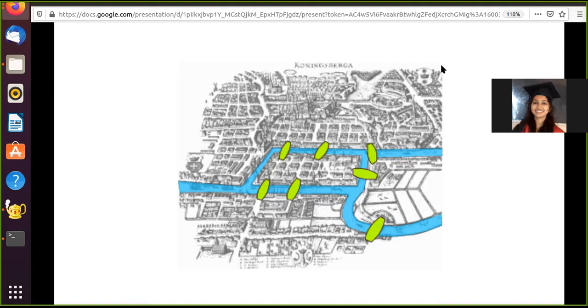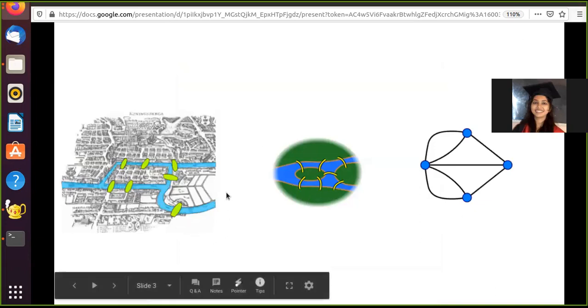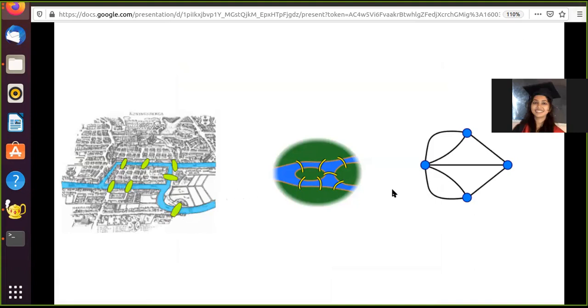Euler used to live in the town of Persia, and he mapped out this entire town in the form of a graph. As you can see, in this town there were 7 bridges which were connecting this river to the mainland. Euler represented this particular town, rather the configuration of these rivers and the bridges, with the help of a network as shown here.